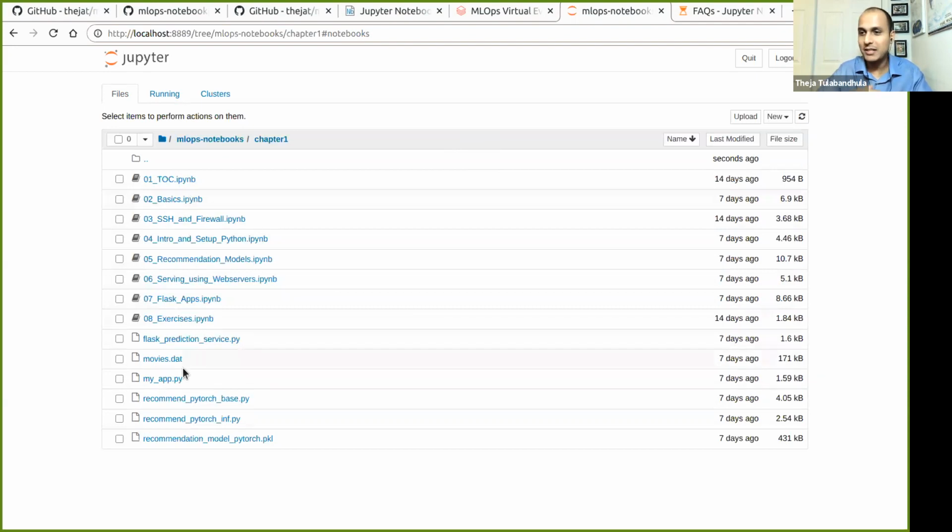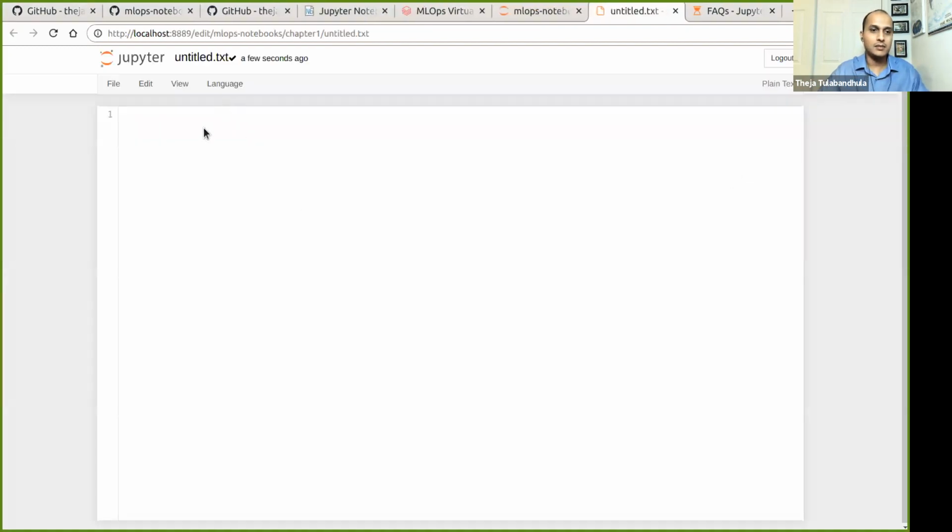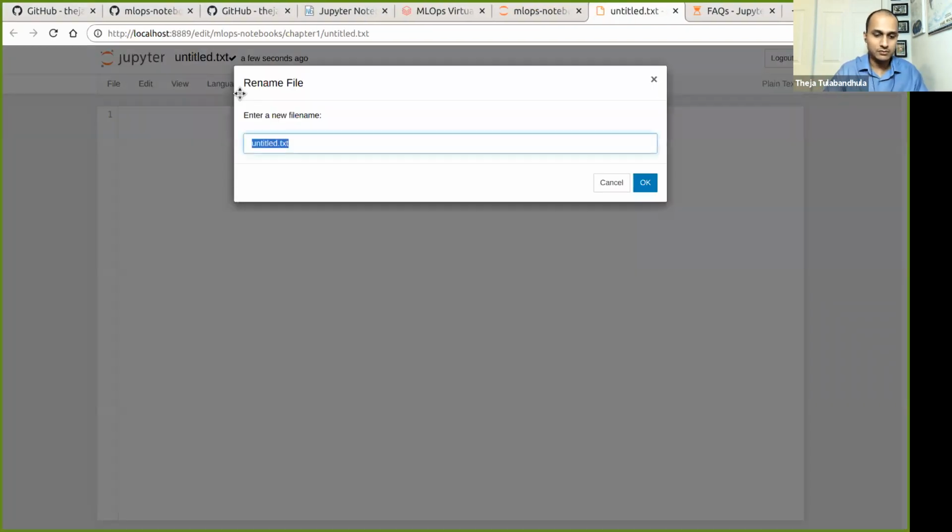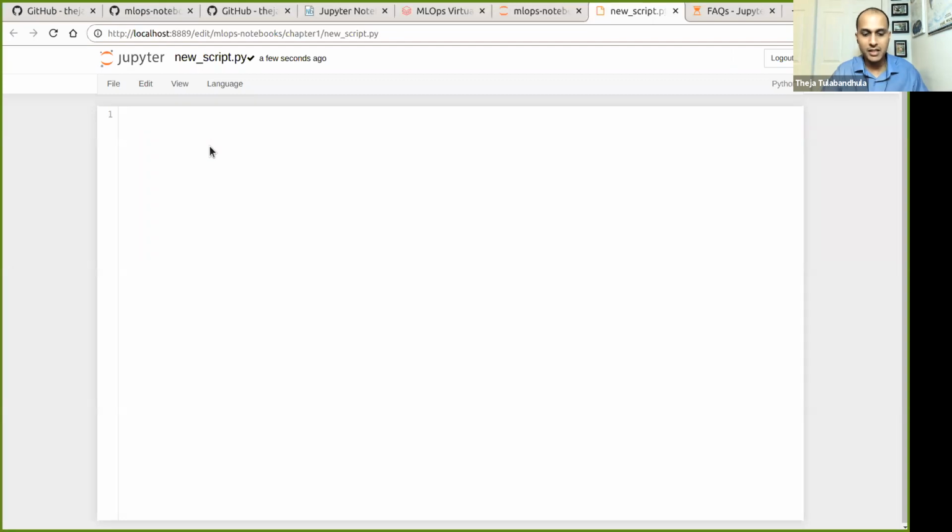And what I wanted to get to before I get to Cloud Functions is that somebody asked, how do you move files from my local machine to here? For example, let's say you have a model file or a Python script. If it's a Python script, you can just create a new text file. Let's call it new_script.py, and let's say that's the file name. You could just copy paste it, right? Paste here. If you wrote something locally, if it's text files, it's easy to just copy things using the GUI from the server to your local machine or your local machine to the server. Okay, so that you can do.